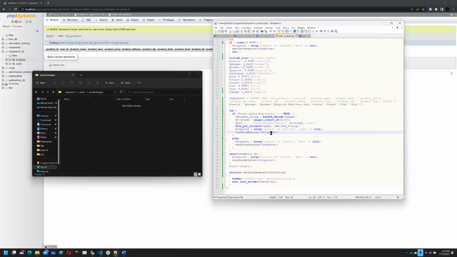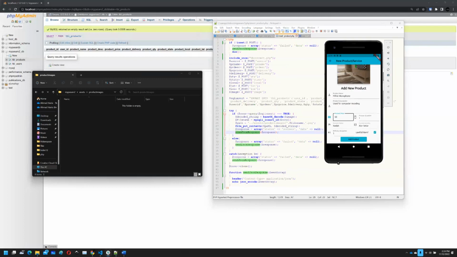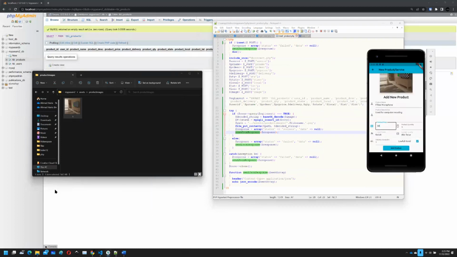Okay, so we have that response. Once we build the response, because we're not going to send back any data, we just set the data to null and send the JSON response back to this function here, and then return back to the application. Now we'll try that one more time with the same data, and we should be able to upload this image to the server. We see that this is the image there, and then add product. Yes, success. And you can see there's a new product and a new image there. The same image uploaded, right? There you go. And the size of the image is just 54